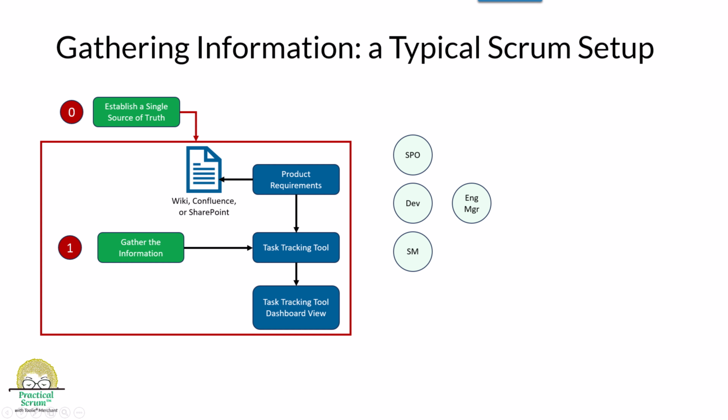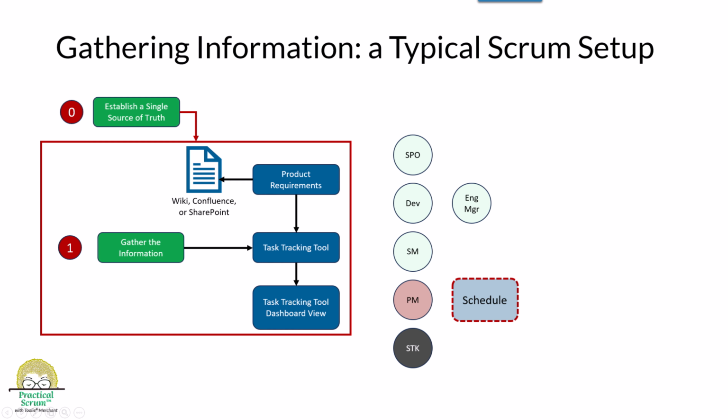Who is we? Let's add the people involved in a typical Scrum team and see what that does to the storage and flow of information. Well, we have the Scrum product owner, the Scrum master, the dev team, and their engineering manager. Is that all? No, don't forget the project manager who, by the way, has their own schedule with information in it. If you're lucky, it might be stored in the same task tracking tool. Don't forget about the stakeholders. They have an interest in project information. Is that it? No, what about the other teams on which your product depends?